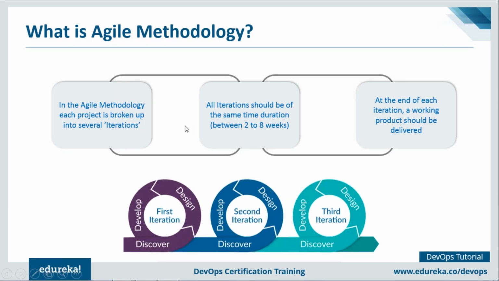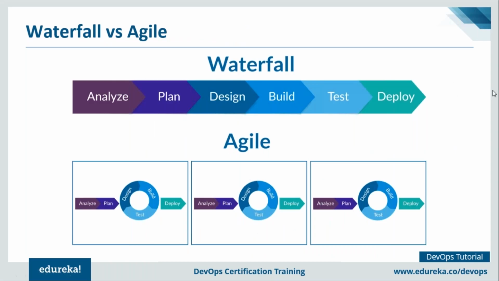Now let me go ahead and compare this with the waterfall model. Now, if you notice in the diagram that is there in front of your screen, so waterfall model is pretty linear and it's pretty straight, as you can see it from the diagram, that we analyze the requirements, we plan it, design it, build it, test it, and then finally we deploy it onto the prod servers for release. But when I talk about the agile methodology, over here, the design, build, and testing part is happening continuously. We are writing the code, we are building the application, we are testing it continuously. And there are several iterations involved in this particular stage. And once the final testing is done, it is then deployed onto the prod servers for release, right?